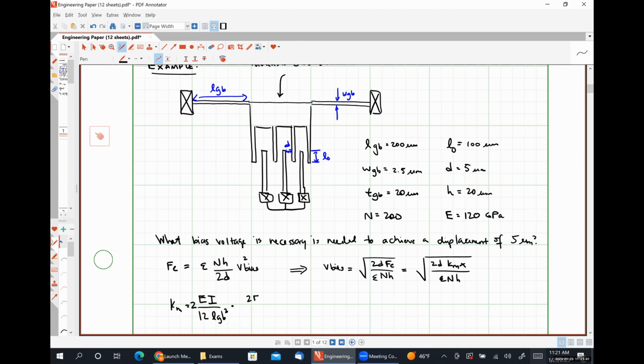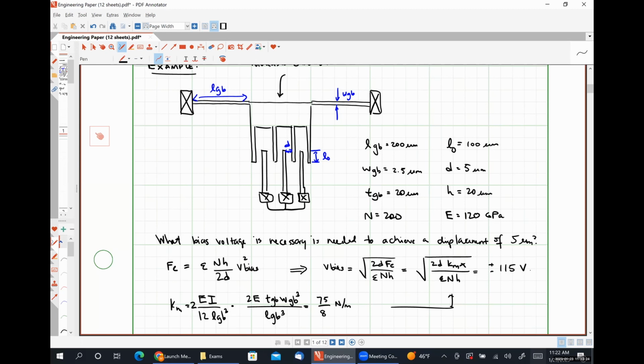So that's going to look like 2E. So we are bending in the width direction. So this is going to be TGB times the width cubed. The 12s are going to cancel each other out. LGB cubed. And I get a mechanical spring constant of 75 over 8 newtons per meter. And plugging that in here and solving for our voltage, we get plus or minus